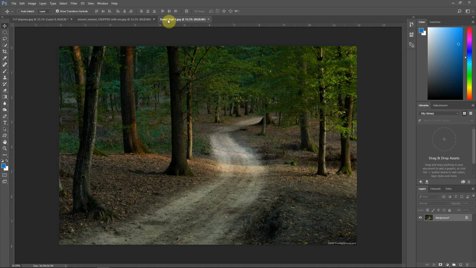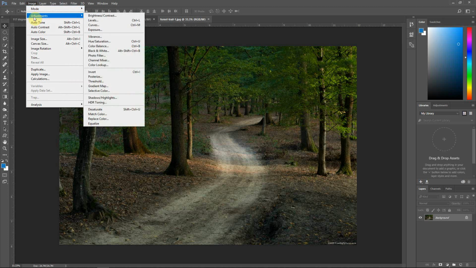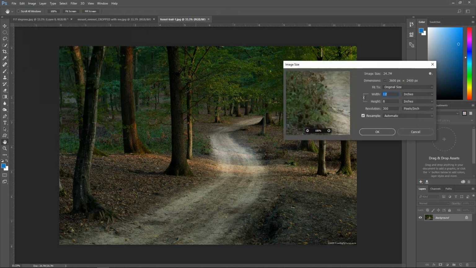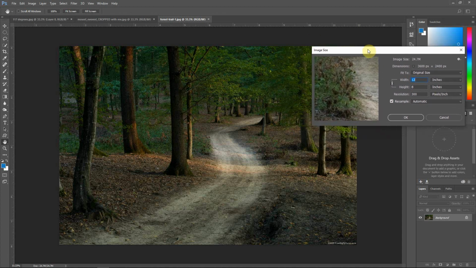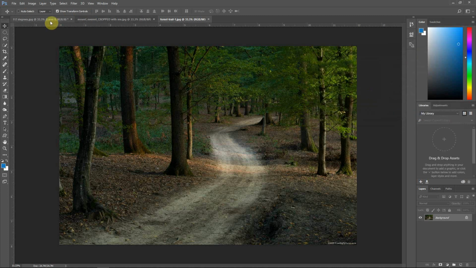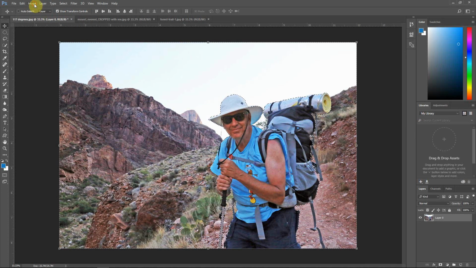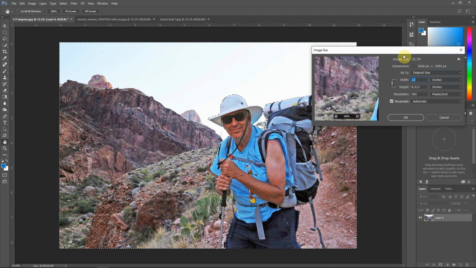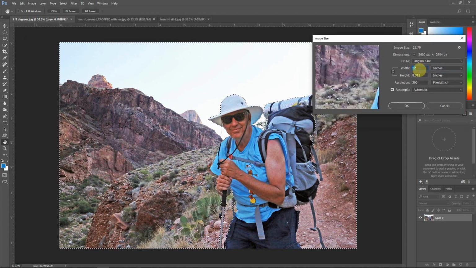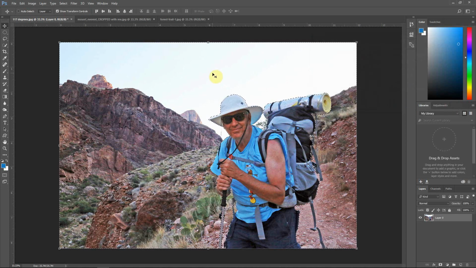So there's a couple of things you have to do, but the first thing you want to do is to make sure that your images are the same size or approximately the same size. So here what I did is I cropped this image to 12 inches wide by 8 inches tall with a resolution of 300. If I go back to this photo, I can go to image size, and they should be fairly close. This one's slightly different. The size is 12 inches wide by 8.313 inches. Close enough. Because you want them to be close in size before you start moving things around to save yourself